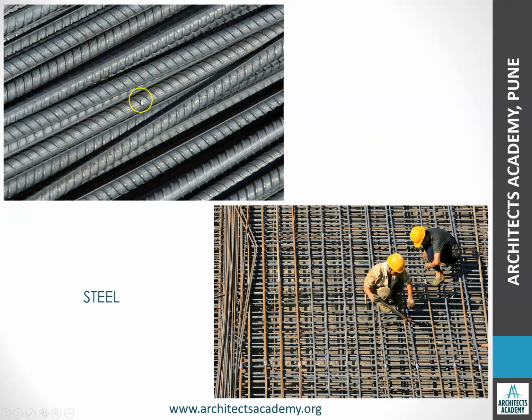Generally on site you will see that the steel is laid like this when we are casting the slab. Now the slab which is on top of you right now, which material is it made out of? It is made out of two materials. One is concrete and the second is steel. What are these two materials doing up there? First of all you have to understand that concrete as a material is good in taking compressive forces, and steel as a material is good in taking tensile forces.